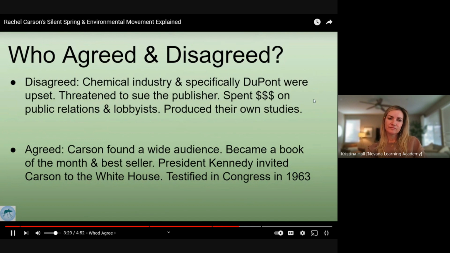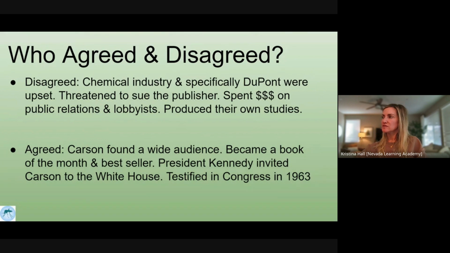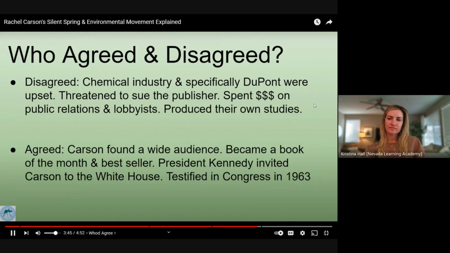Many people at the time agreed with Carson and found her book illuminating. It found a wide audience and readership almost immediately, as it became a Book of the Month and a New York Times bestseller. She was invited to the White House by President Kennedy, who mostly agreed with the book, and Carson testified in Congress. The chemical industry is powerful, though, and were able to hold off serious regulations for a